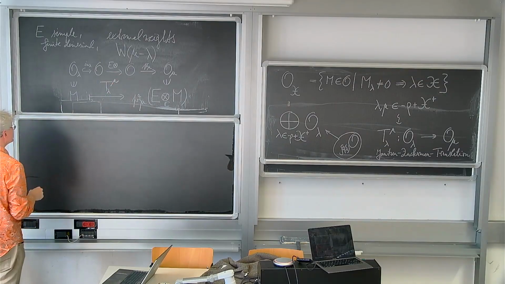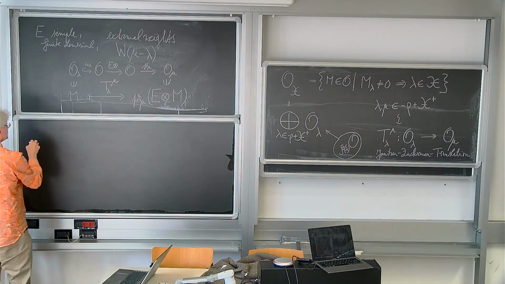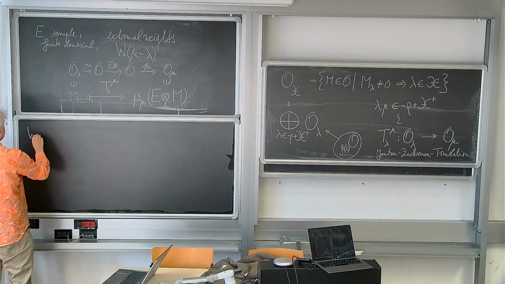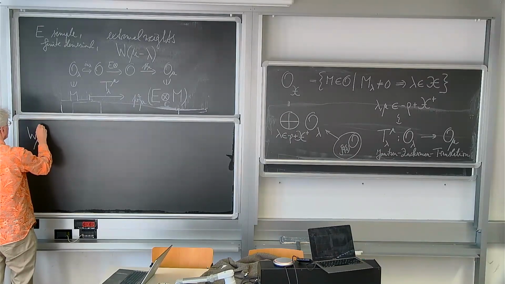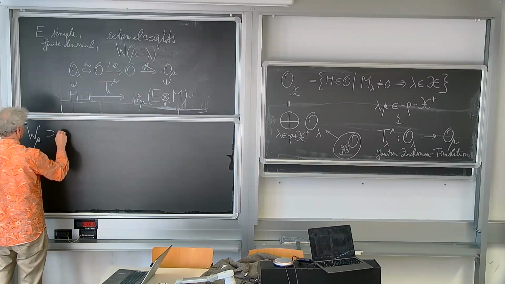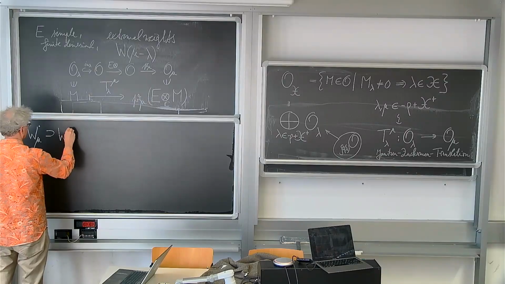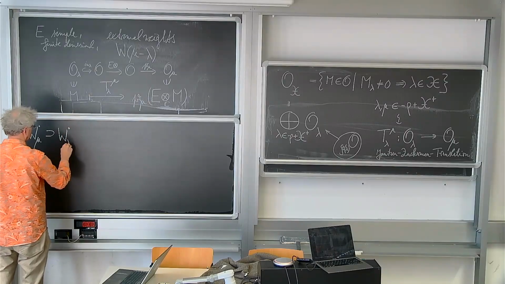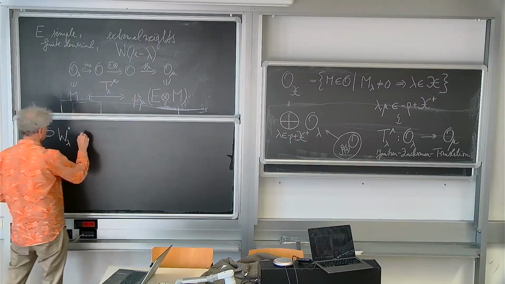And the first thing I claim is that if the isotropy group of mu with respect to the dot action contains the isotropy group of lambda with respect to the dot action,